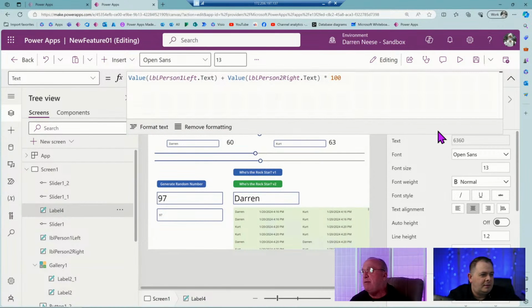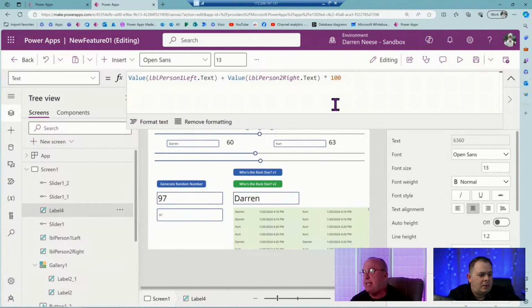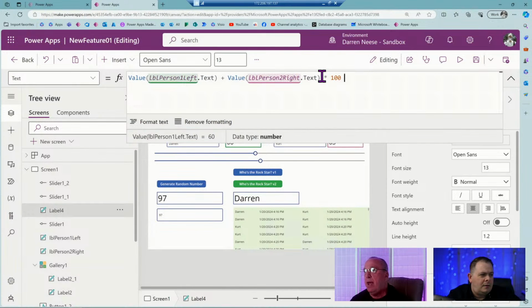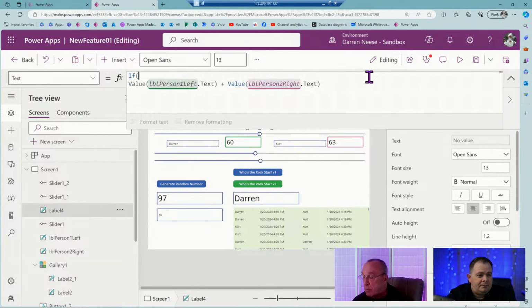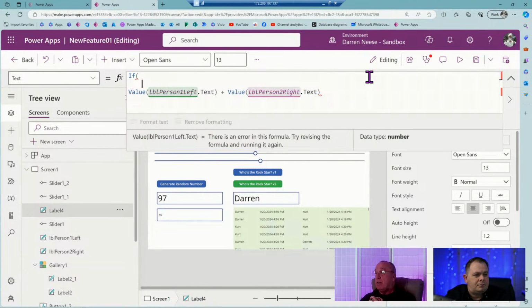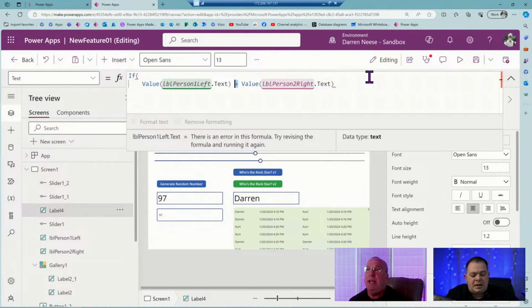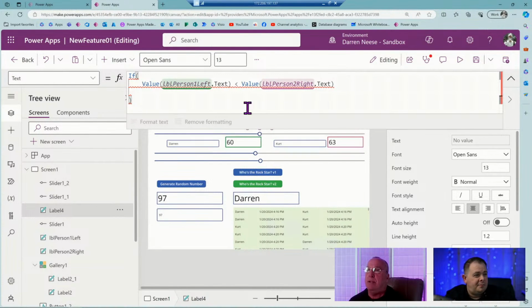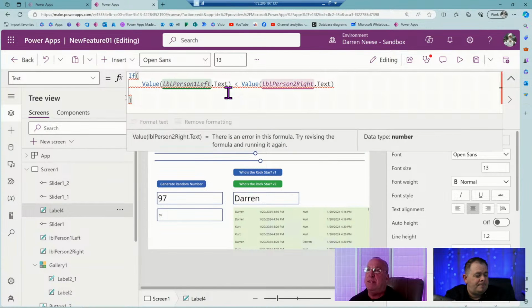Now all we've got to do is find out who wins, which side is the greater side. If it's person right, then we're going to grab an absolute value, ABS, of the distance between 100 and that. You said if it's less than, that's right. So you're going to need the distance between 100, the max, minus that value.